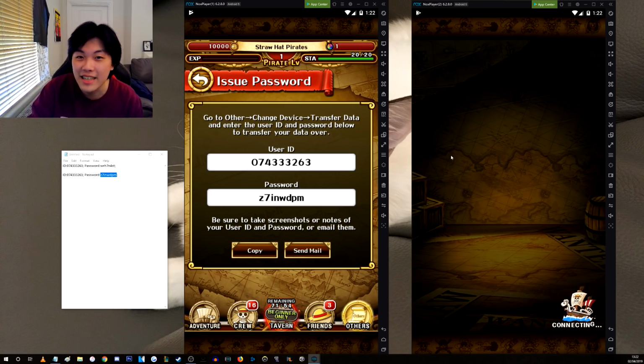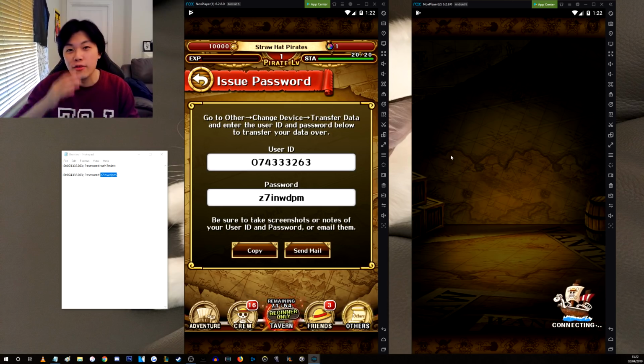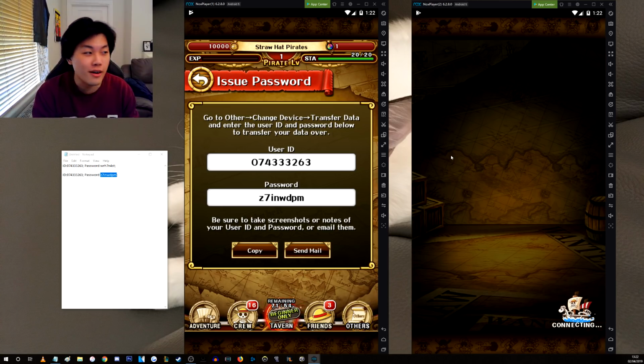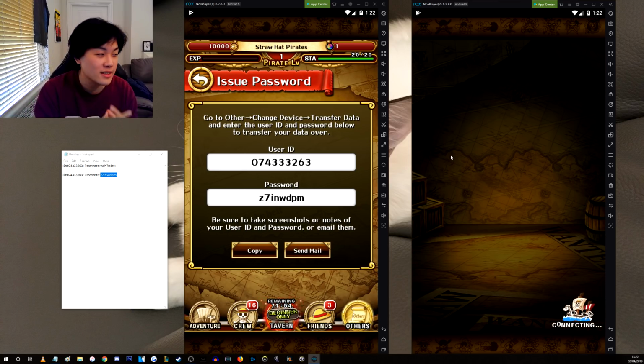And that is it, guys. That is how you re-roll. That is how you save your account. That is how you move your account to an iPhone device or a Google device, Android device, however you want to do it. I do apologize that we did not get any reds here towards the end to showcase how you should really be keeping your account, but I'm sure you guys understand now the process,